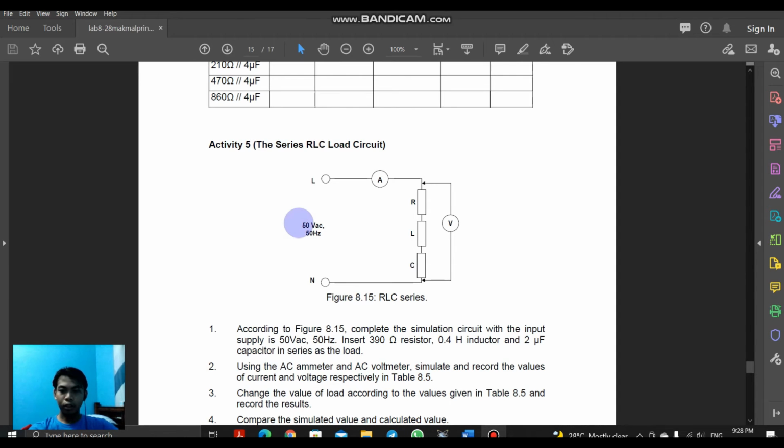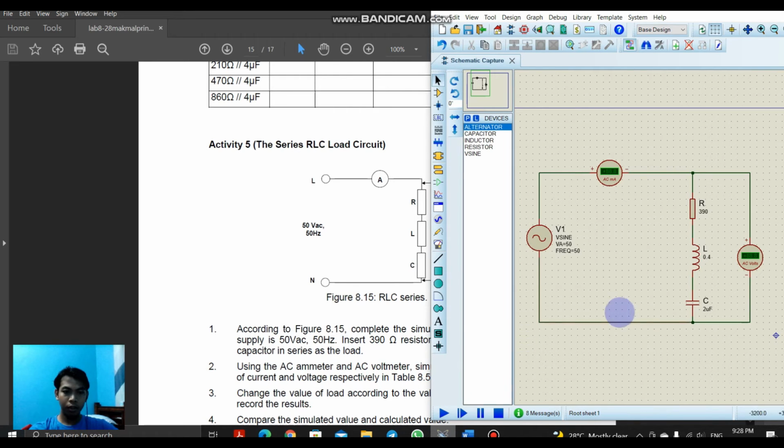Hi and Assalamualaikum. So next we will discuss activity 5, which is the series RLC load circuit. Here is the circuit for activity 5. We can see the RLC loads are in series arrangement for this activity. So we need to design it in simulation software. The software that I use is Proteus Professional, and here is the design for the circuit of activity